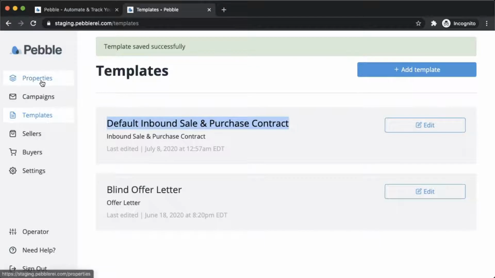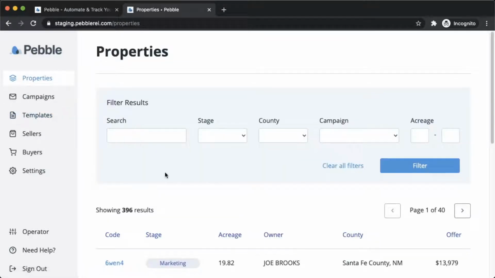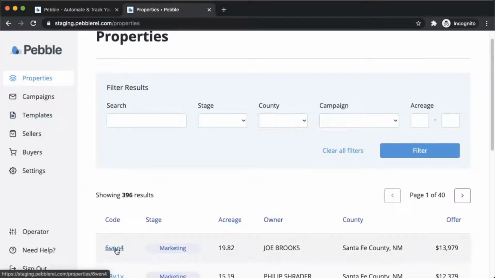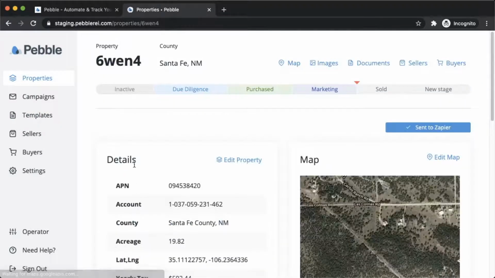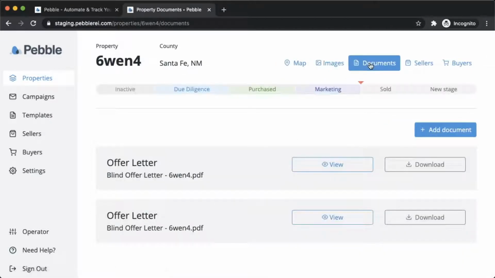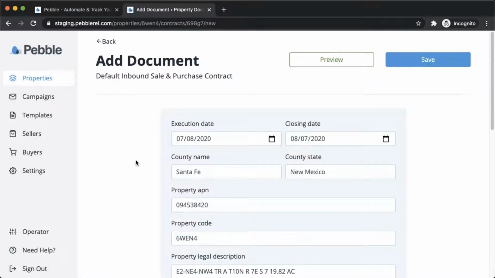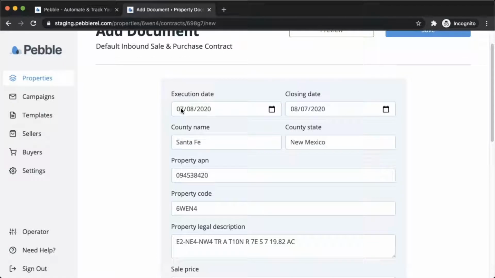So the next step is to go over to the properties screen. And let's say we wanted to buy a property from this person here. So we'll go in and find that property. Then we'll go over here to the document screen, and we're going to click Add a New Document. This is going to ask us to select one of our templates, and this is our template here, the default inbound sale and purchase contract. And this will pre-populate